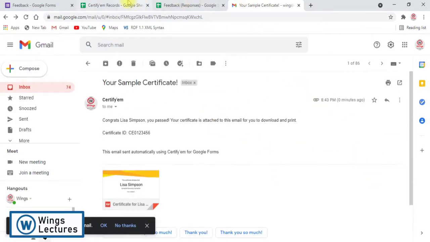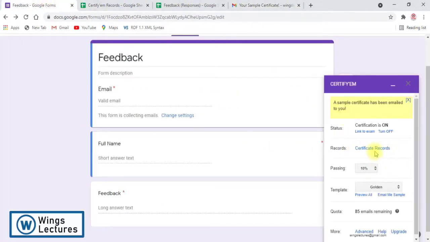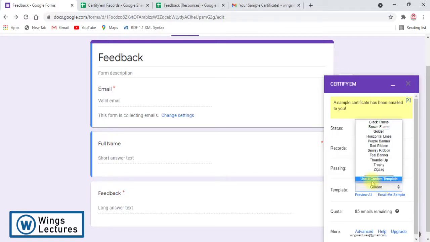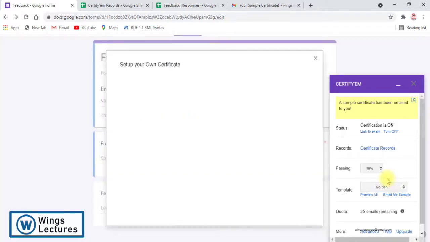Next step is, let's go back to the form. Because these are default templates, we cannot use them for our purpose. So we have to use our own user-defined certificate here. For that you have to use the custom template method. Just click custom template.